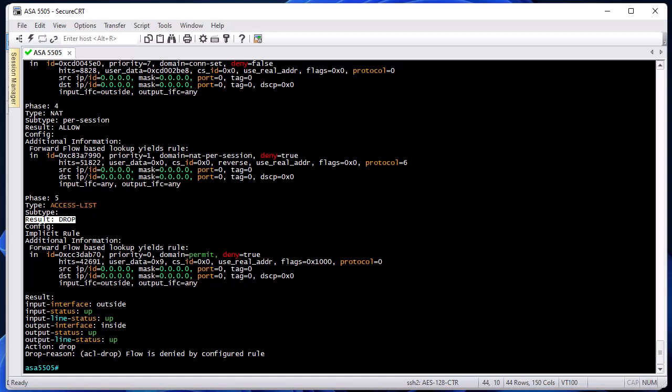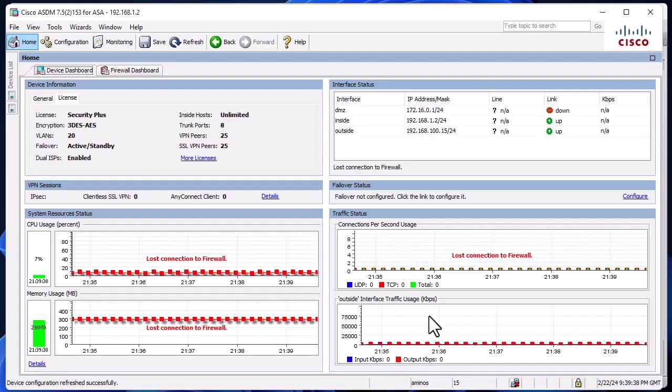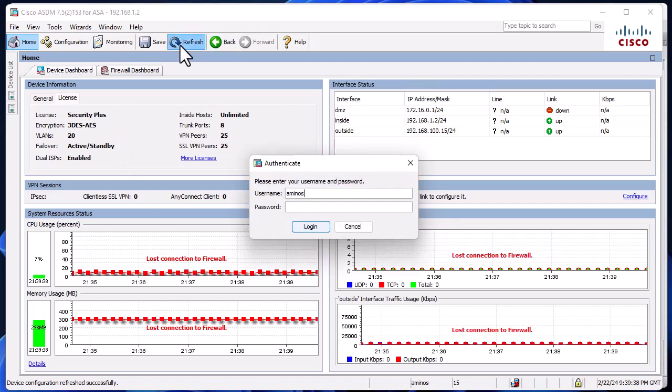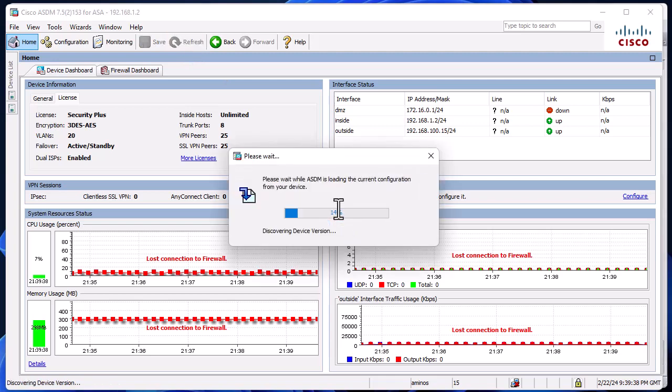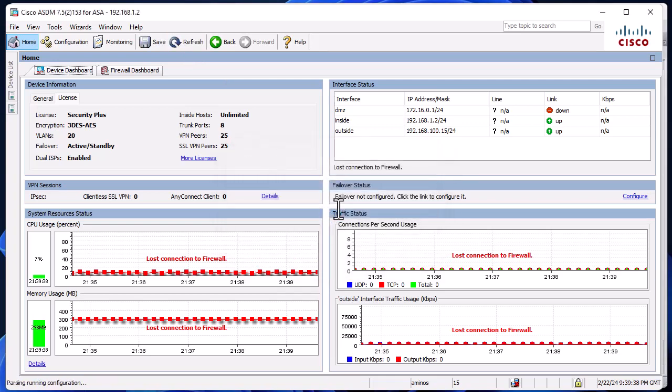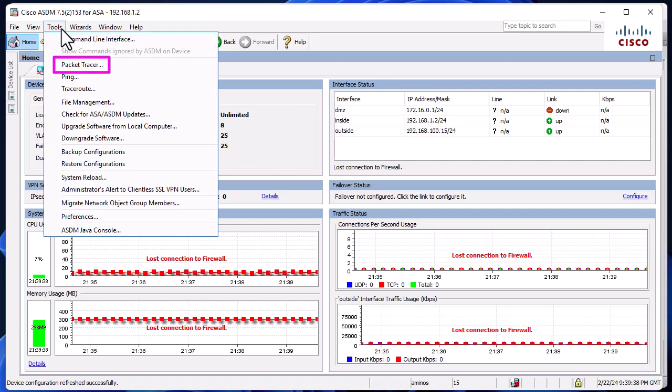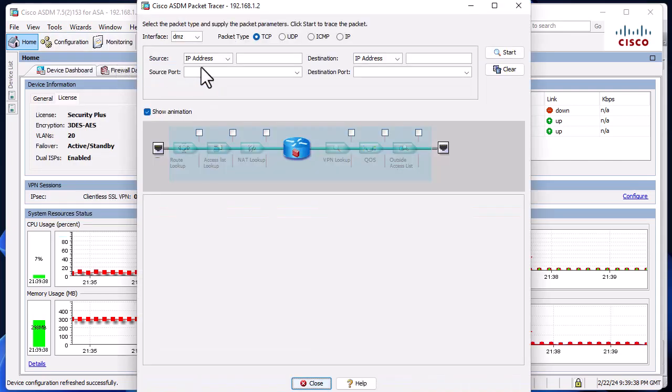Okay, so here we have seen that using the command line, but if you have the ASDM you can also do that. So let's go to our ASDM. Here I'm using ASDM version 7.5, but that doesn't matter. So let's refresh it. I have to provide here my password. Okay, so in order to get the packet tracer in GUI form, you can go to the Tools menu here, and you can see there is a Packet Tracer menu. So you click on it and you get this beautiful window